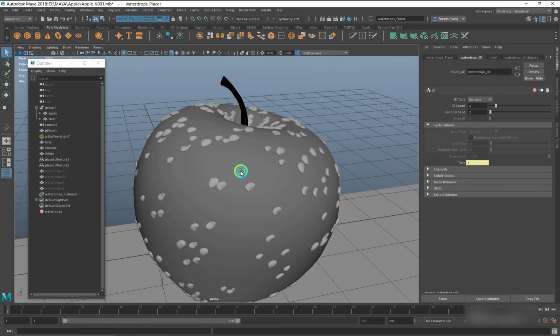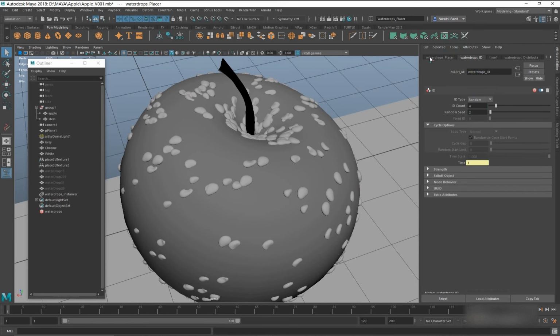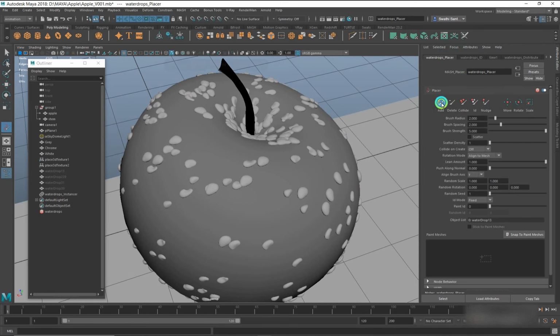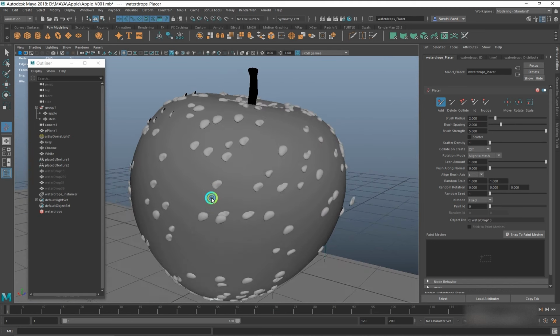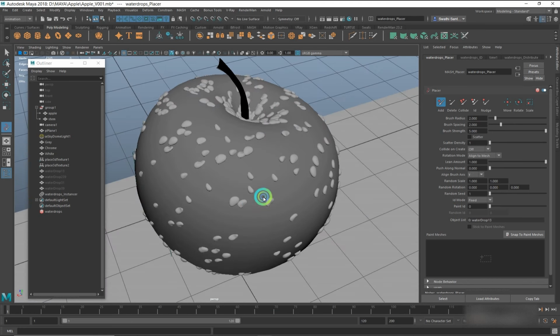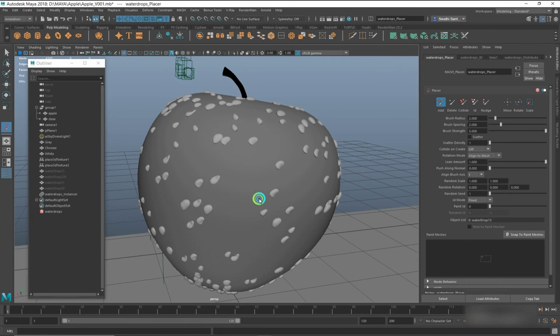Then I used the placer node to manually place things like this, according to my need, like where I feel it's more and where I feel it's needed.